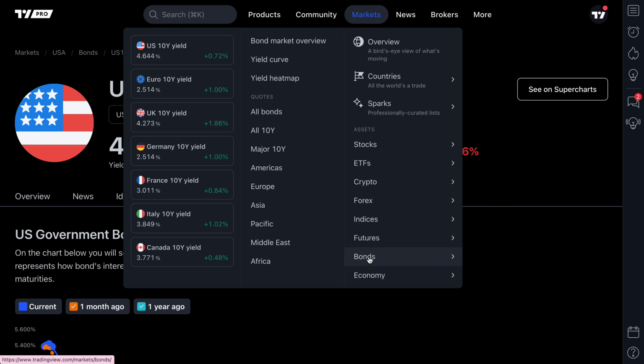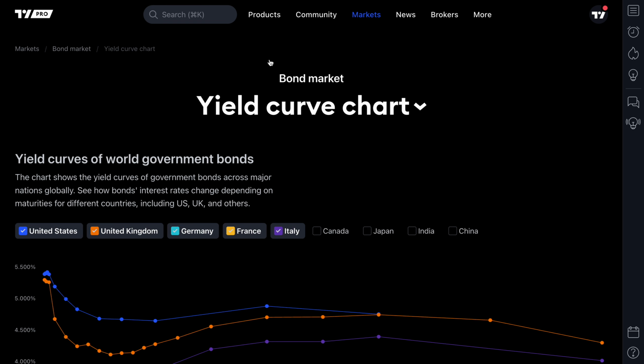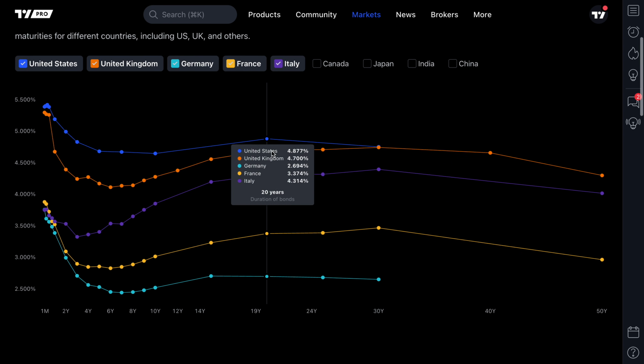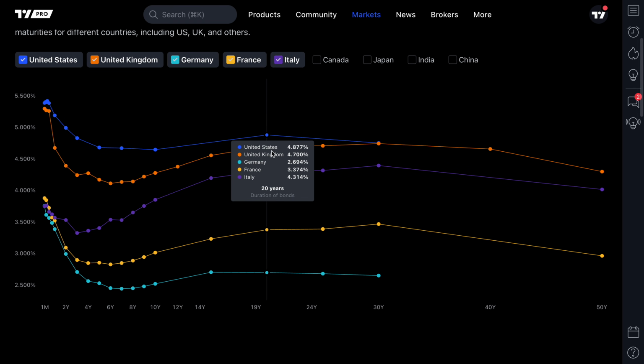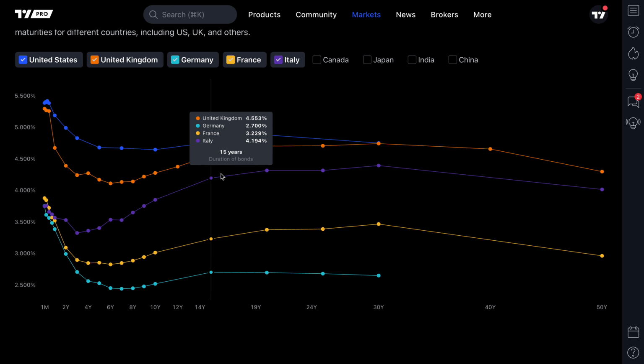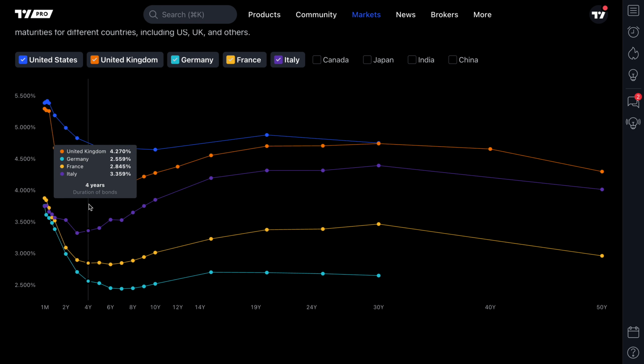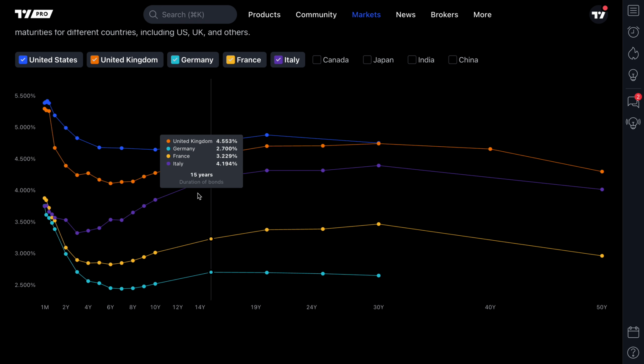But more importantly, if you are a bond trader or you're someone following the advanced developments in the global bond market, well, now you are going to see a yield curve button here. And every bond price on TradingView essentially will also have this capability for you as well when you're on the individual bond yield page. So this is the all new yield curve chart. And check this out. This is going to be one of the quickest but also most comprehensive ways for you to see the various yields on different bonds of different durations across all of these countries.